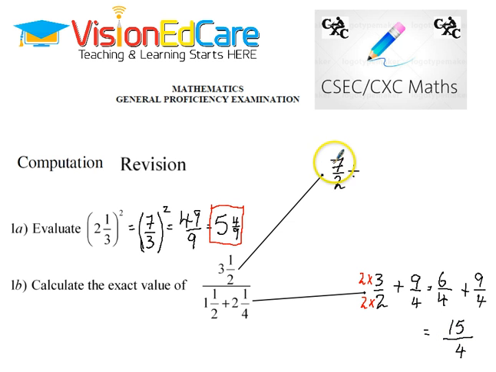So in this case, we have 7/2 divided by 15/4. Now, if you can recall, when you divide a fraction, it's the same thing as multiplying the fraction by the reciprocal of the fraction that you're dividing with. So in this case, 7/2 multiplied by the reciprocal of 15/4, which is